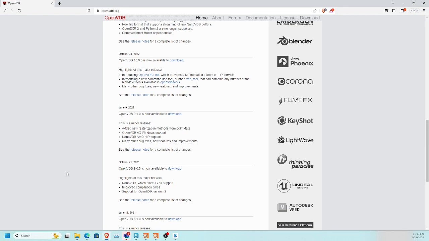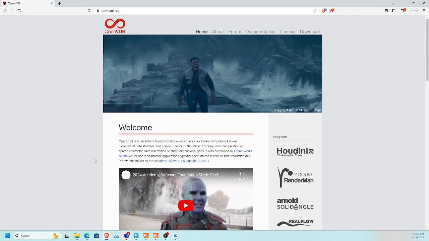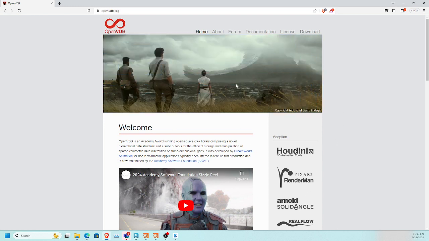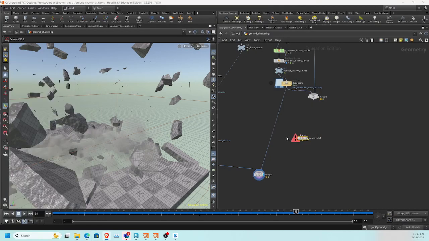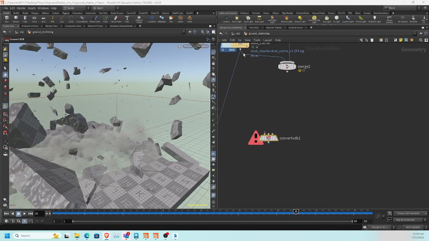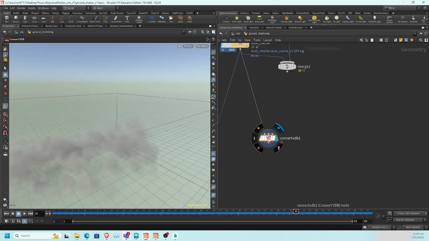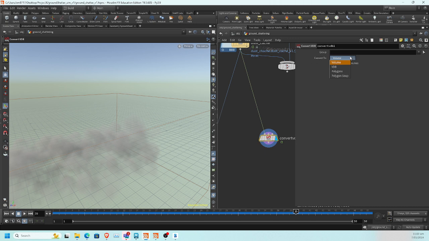He's a lovely man. So they worked together and they created a platform to exchange volumetric data between platforms. So you can just feed your volumetric data here. You can say that it is VDB,